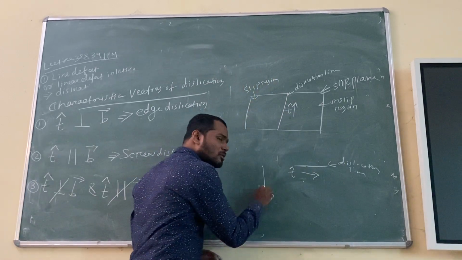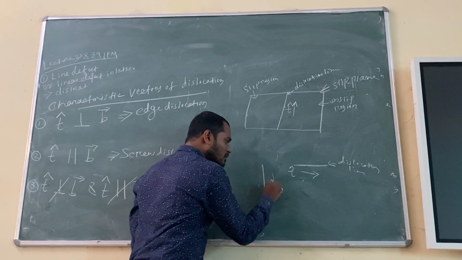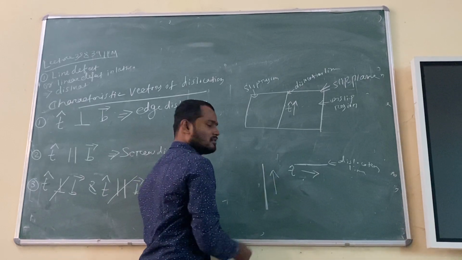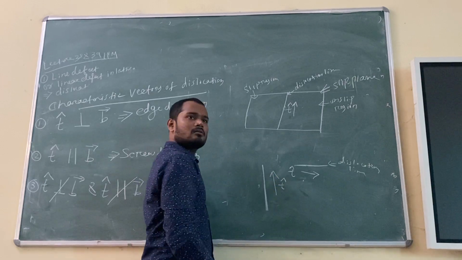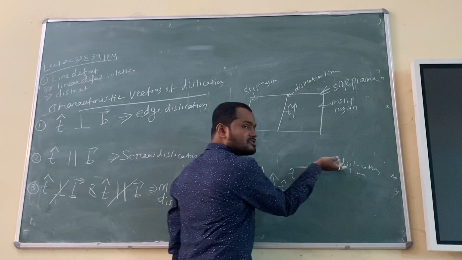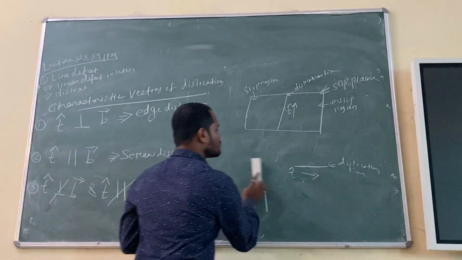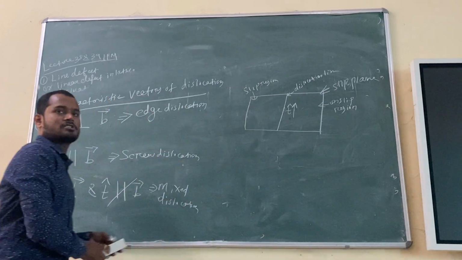And if the dislocation line is like this, the tangent vector will also be like this, right? Okay. It is showing the orientation. Now the orientation is this one. Now the orientation is this one. Right? Anyway, we will not discuss that. But our concern is to show you the edge dislocation.